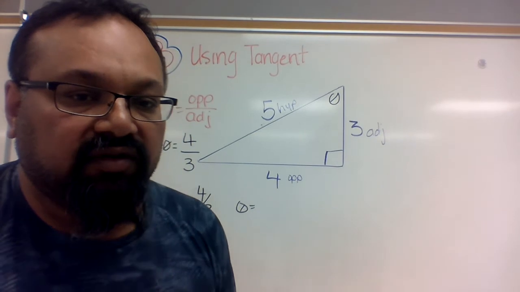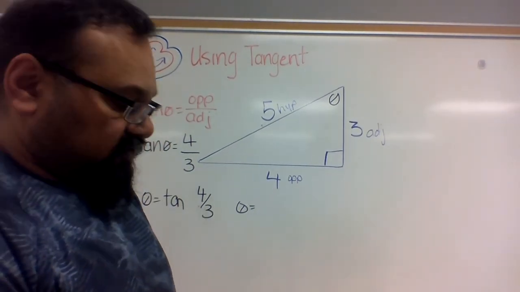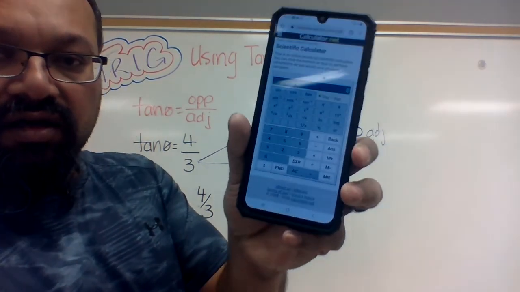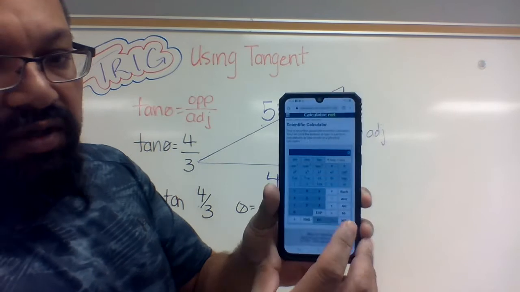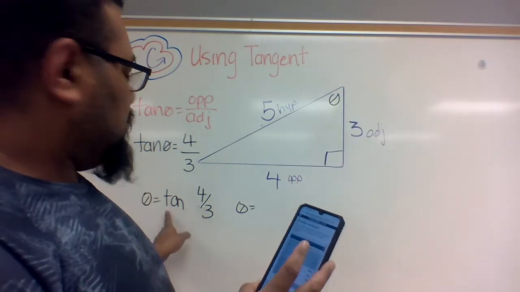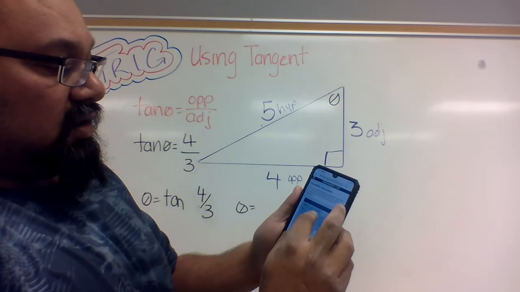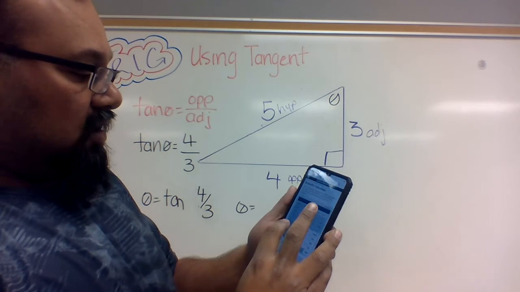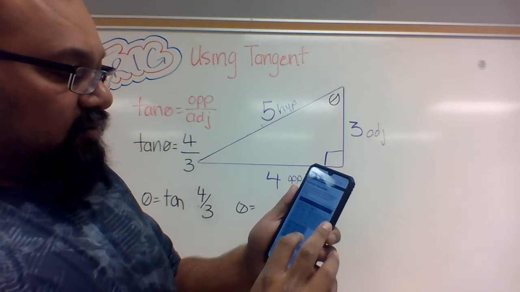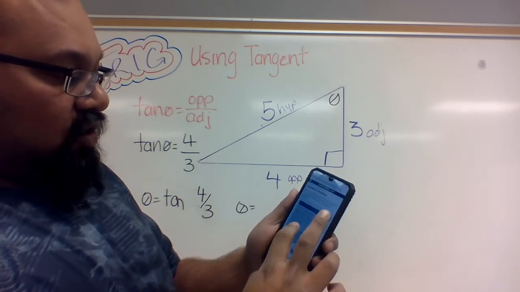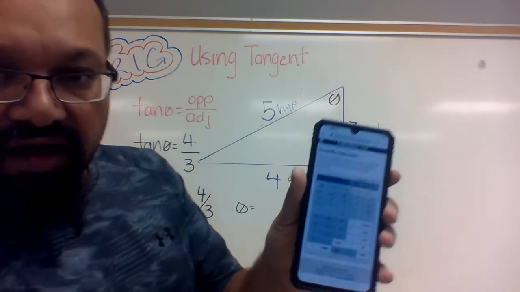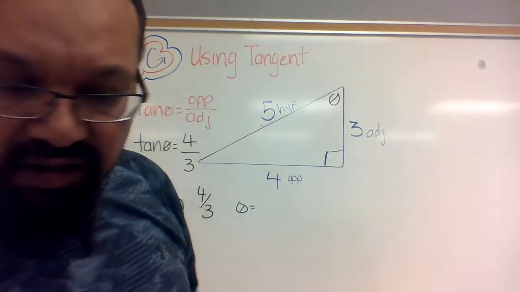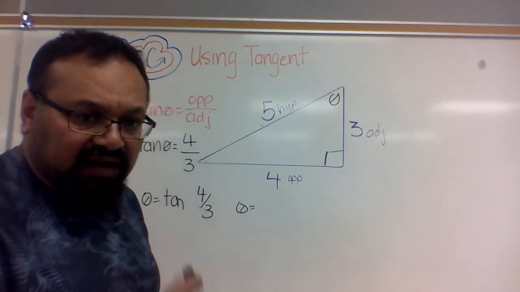You're not going to be able to see my calculator because we're on the screenshot, but remember, this is the online calculator that we're using. What you do is you take tan to the power of -1, which gives you a bracket, 4 divided by 3, and then you close the bracket, and it gives you your answer. And if you look, I don't know if you can actually see it, it's 53.13. So theta is actually going to be